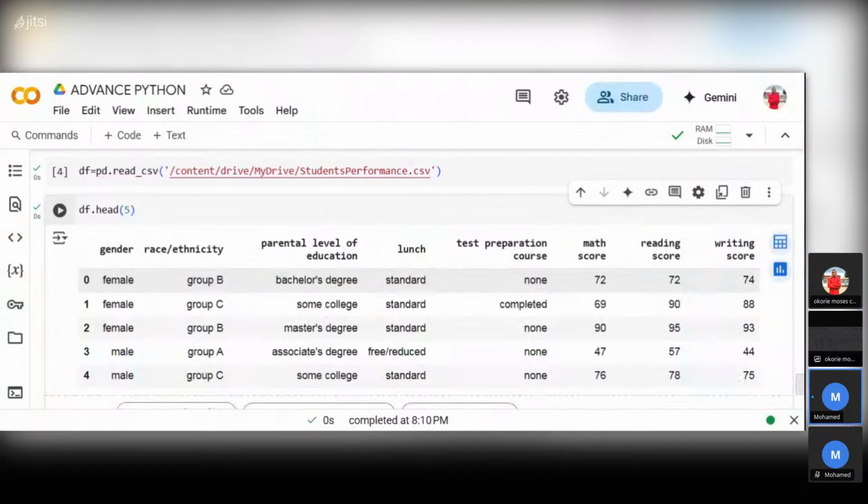I said the level, like let's say the race or the ethnicity. Is that not important? No. Okay, see, let me tell you this. When we are talking about